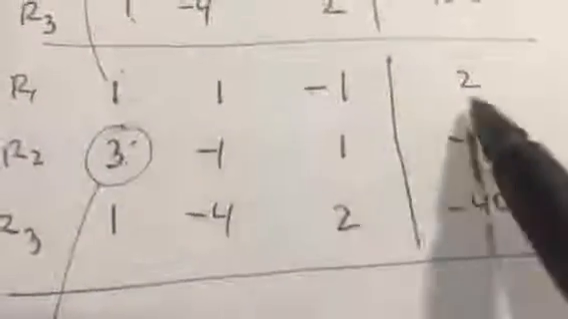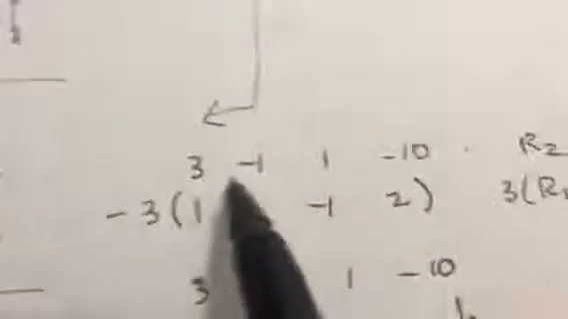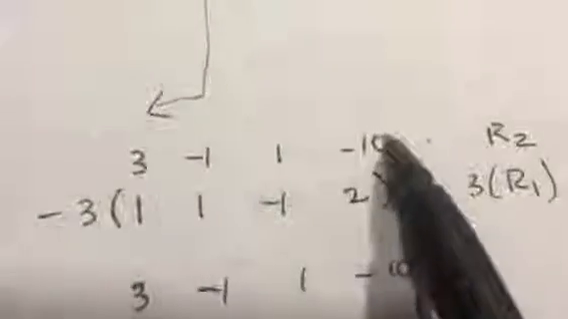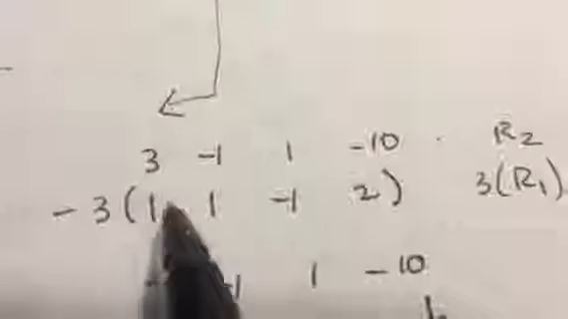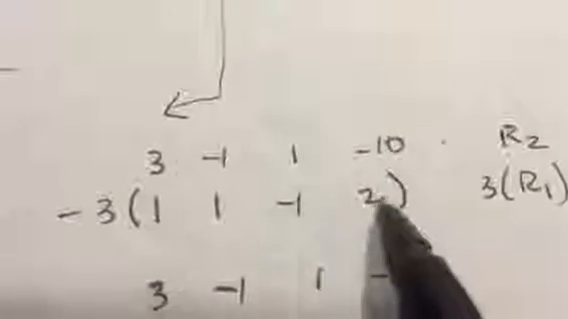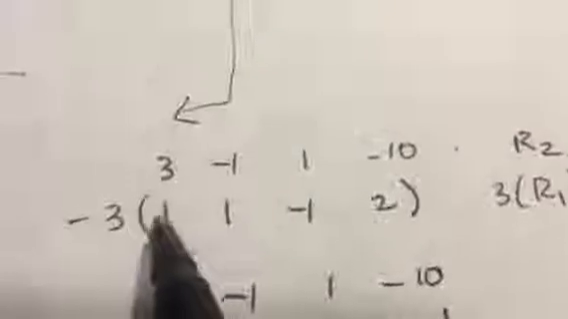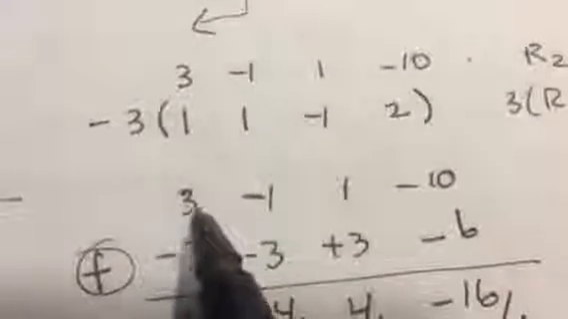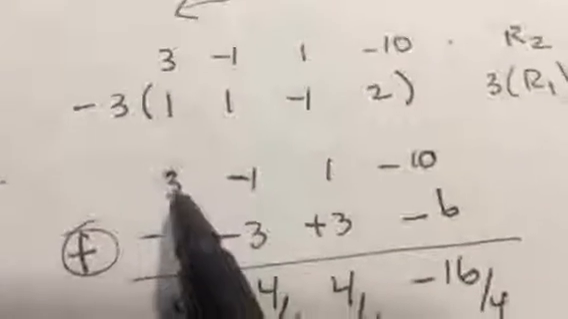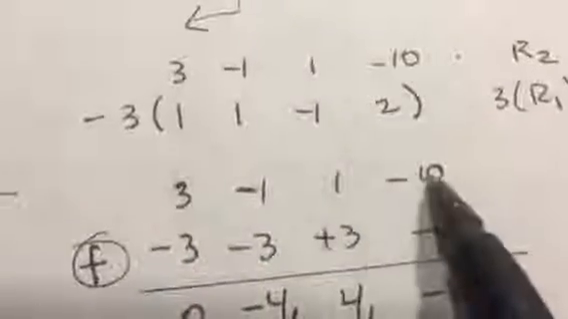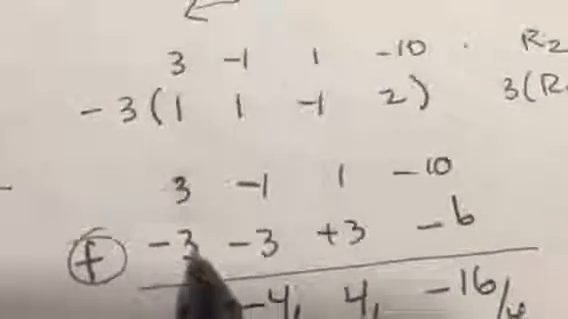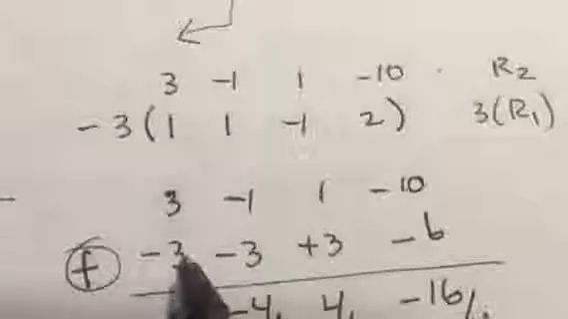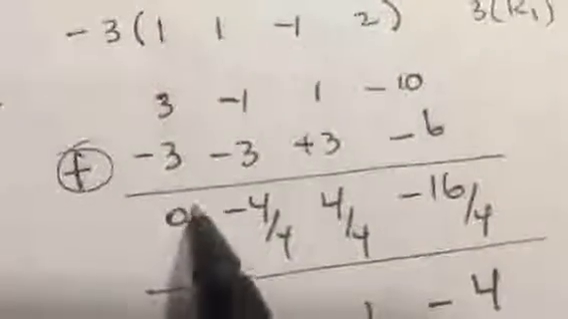But here we have this top row. I can multiply this times 3, and it's pretty easy. So if I show you the work here, here's the original row 2, and here's row 1, and I'm going to multiply it times 3. And what will happen is I'll get my row 2, which is going to be 3, negative 1, 1, negative 10, minus 3 times row 1